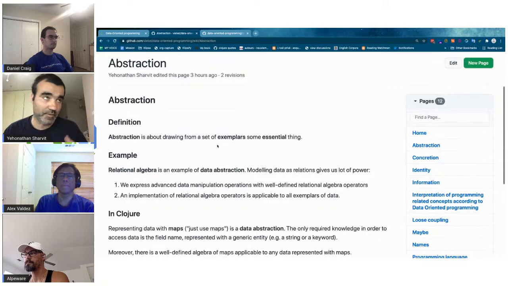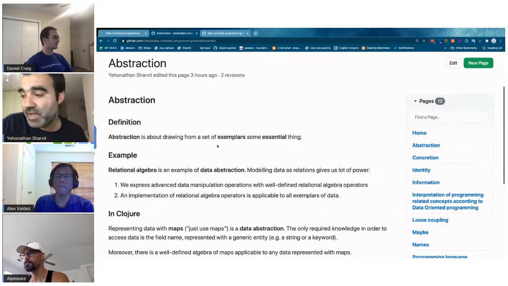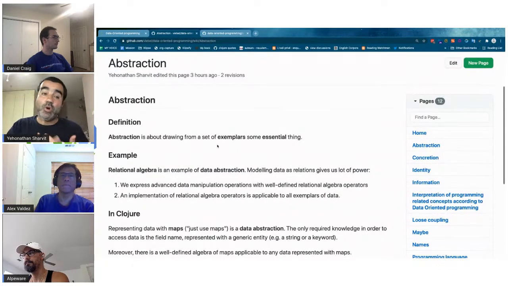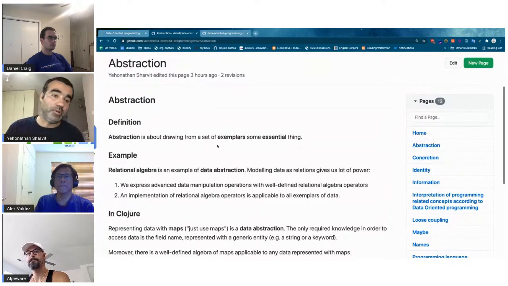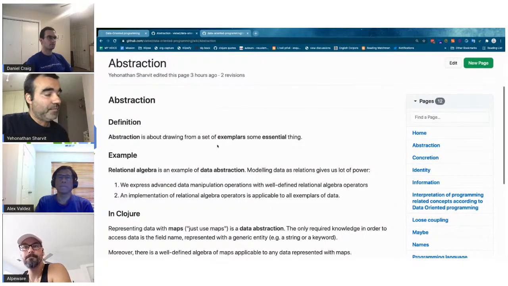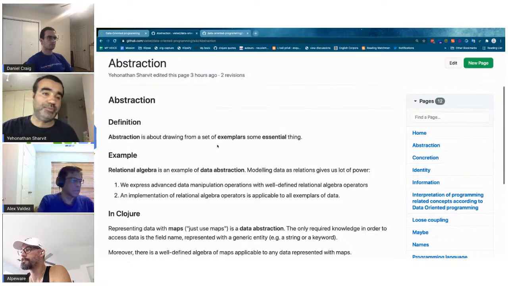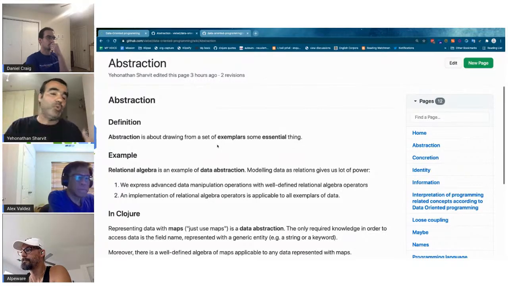So let's take another example. Relational algebra, SQL, if you want, is a data abstraction. Imagine a world before SQL. And your system is made of users, products, passwords, websites, e-shops, email, subscription, whatever.